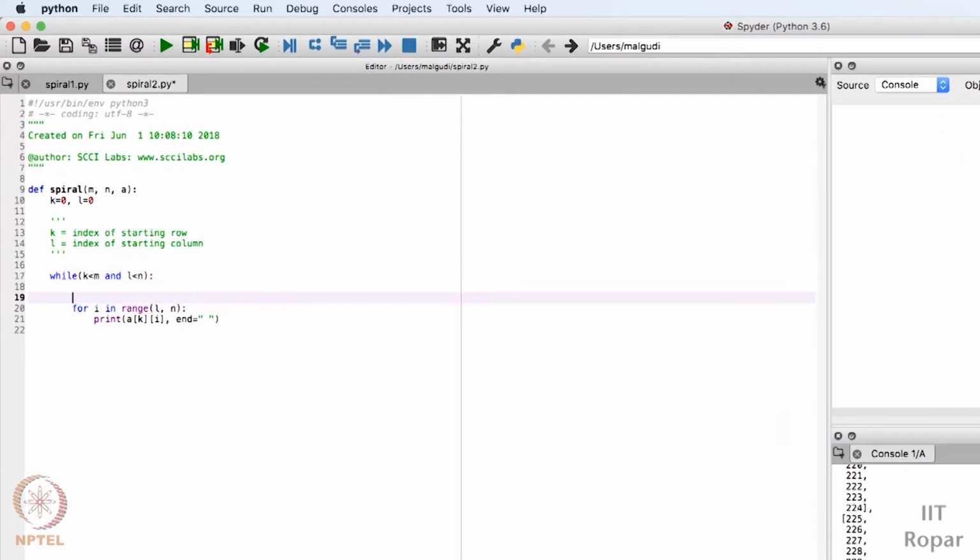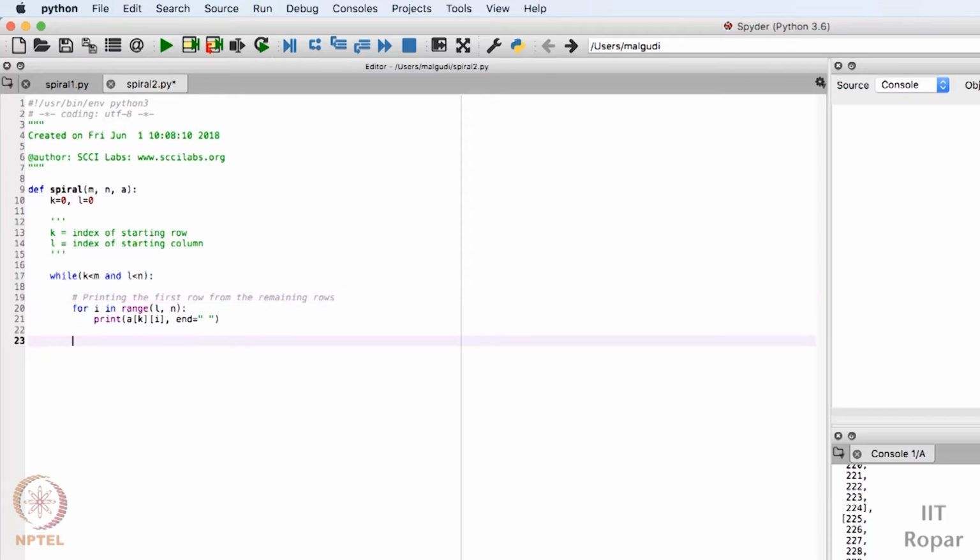So let me comment this so that we don't forget. Commenting is the best practice. You guys should comment every time you write code, so that when you revisit, you can understand what you wrote. And anyone who is trying to understand your program or use your program can understand what you did. So it's better to comment. Let me write here what we did: we print the first row, then printing the last column from the remaining rows.